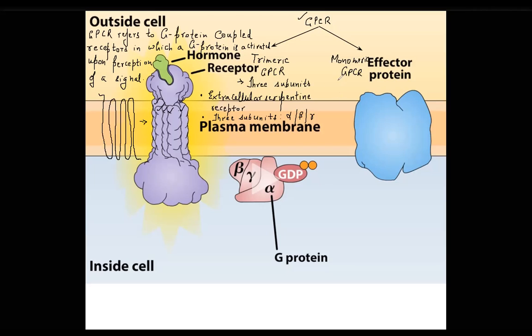These will never have the 3 alpha, beta, and gamma. These will have a single subunit equivalent to alpha. And these include